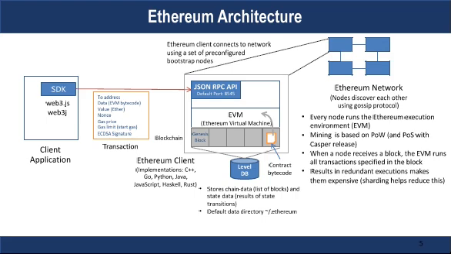When a node receives a block, what the Ethereum client will actually do is execute all transactions in the block in sequence, and it will then update the ledger. Once it knows that the block has been added, it is possible, because it's getting this block from multiple people, that redundant executions are always possible.